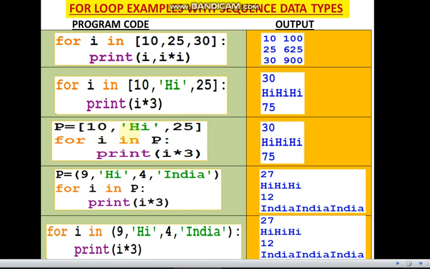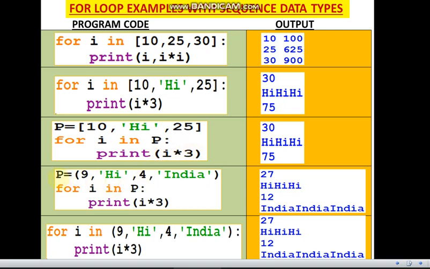So now you see, rather than taking the list in the for header line after in, we are initializing the list with a name and that name we are using in the for loop. So it is just the same, it will take one by one each value from the list and it will print the same output, since in print we have again given I into 3.